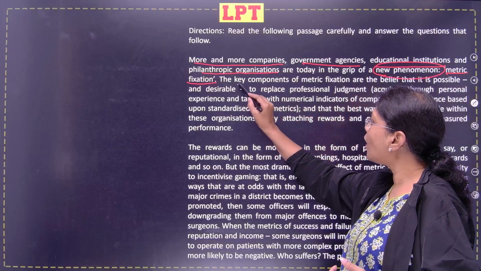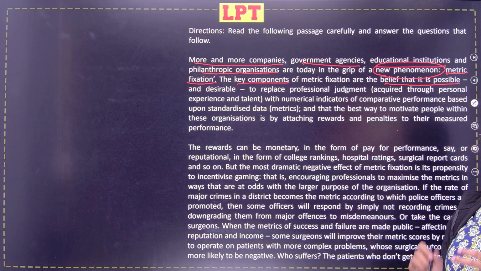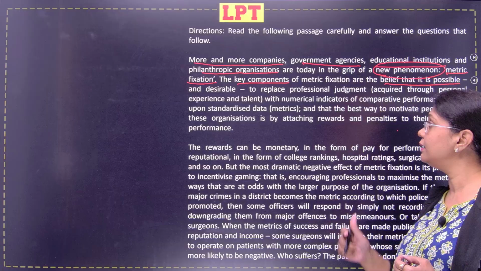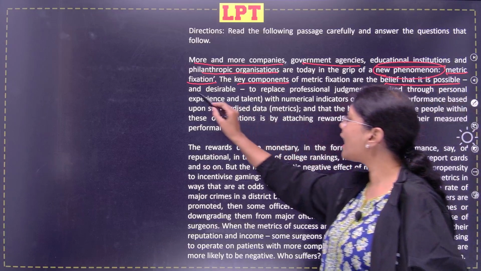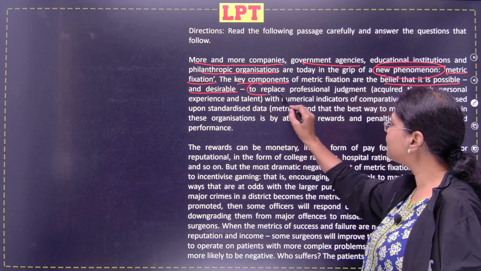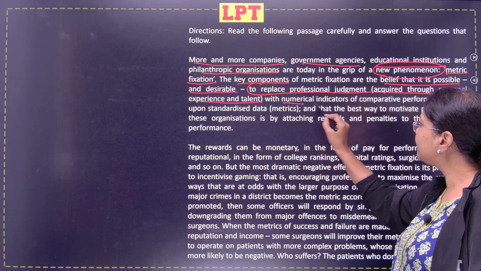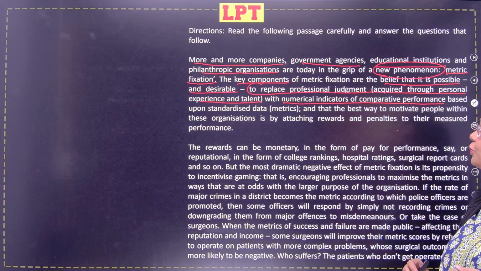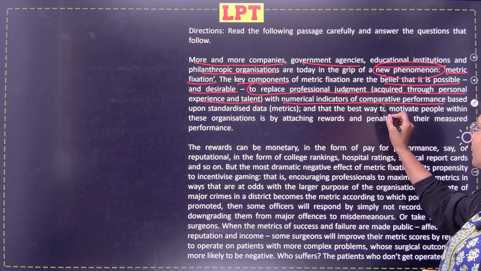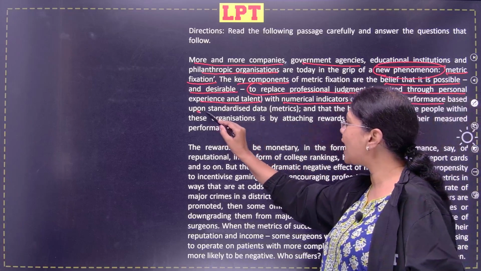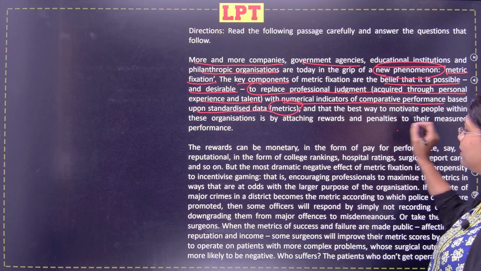It says the key components of metric fixation are the belief that it is possible and desirable to replace professional judgment acquired through personal experience and talent with numerical indicators of comparative performance, based upon standardized data, which is known as metrics, and that the best way to motivate people within these organizations